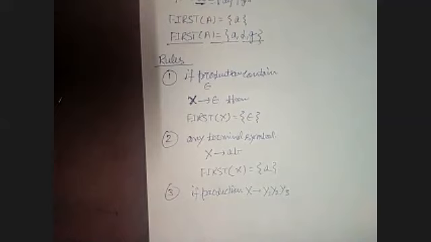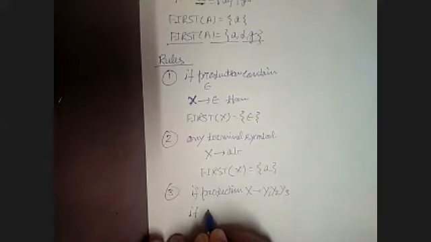It means it's a combination of different types of non-terminals, right? Okay, so X contains Y1, Y2, Y3, all are non-terminals, right? So in this case, how to find out the first of X, right? So there are two things, right? In symbolic form, we can write, right, if, okay,